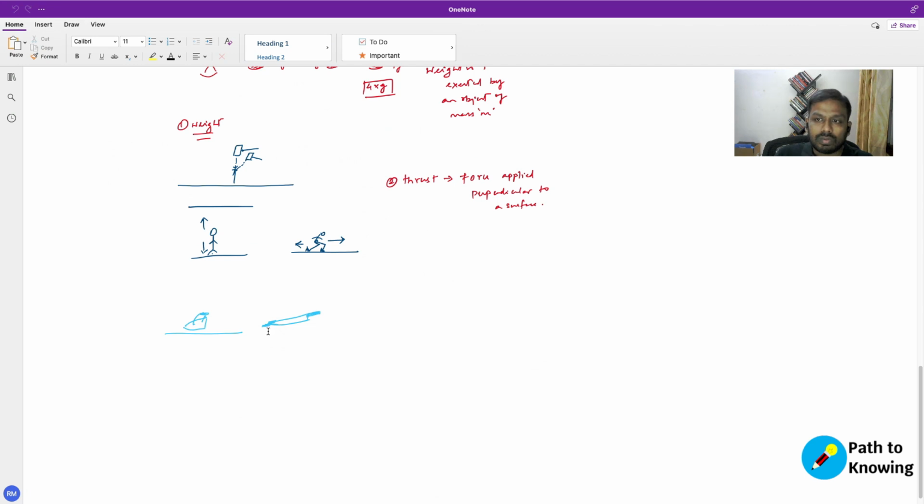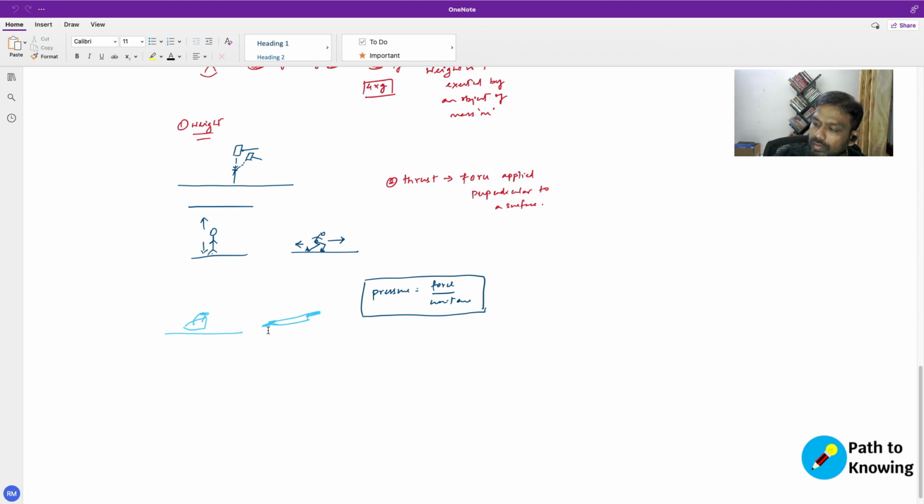So the aspect of force per unit area is again a very important thing that we would need to be aware of and would use in our day-to-day life, and that is what we call pressure. So pressure is nothing but force per unit area, and this is the third concept